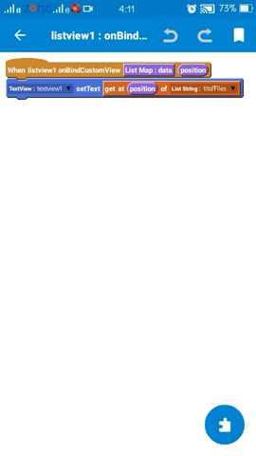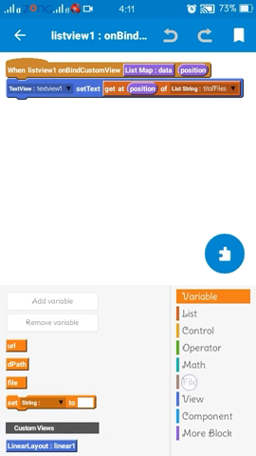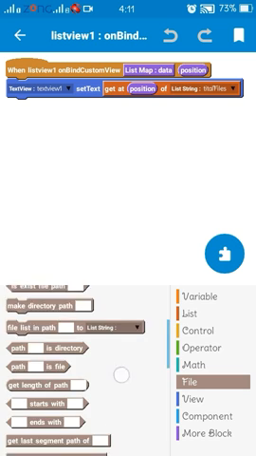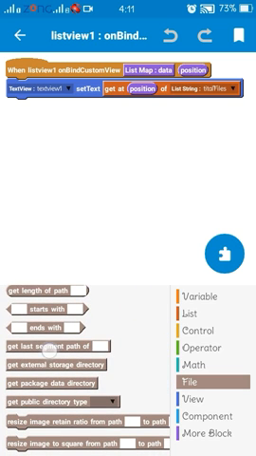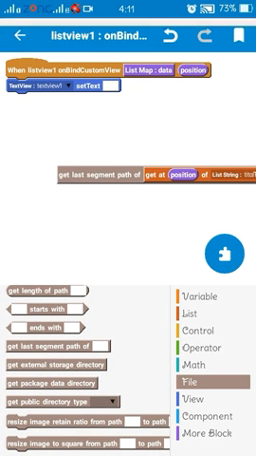At the list view here, we will assign the text view as already existing files in our app download directory.